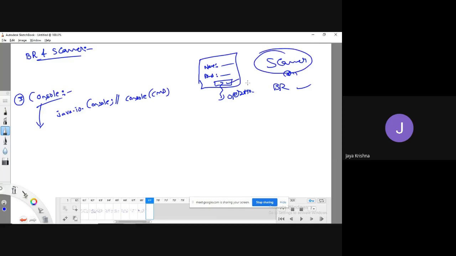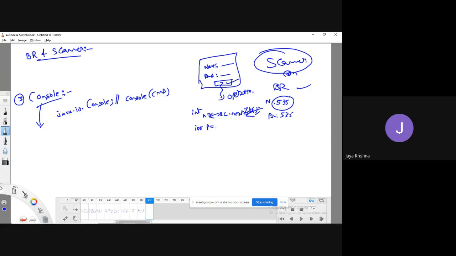For example, let me use the Scanner class. Say the username is in the form of 535, which is an integer format, and the password is also an integer, for example 535. What I can do is create an object for the Scanner class, for example with the object name sc. Then I can read the data using the nextInt method, and the value is stored in some variable.